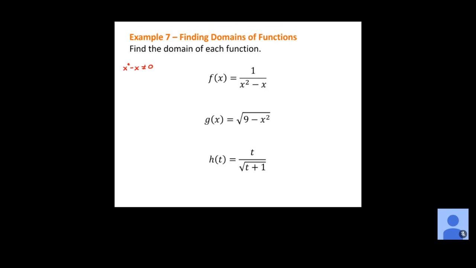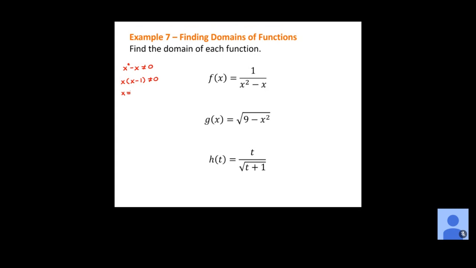Okay, so if we move the x, then you'd have x squared is not equal to x, but we really wouldn't be able to do much else. Okay, so Alexander's got it. We're actually going to try to factor this now. We have a common factor of x. We'll have x times (x minus 1) can't be equal to 0. Now, once you've factored it, then we can do what? Good. Set each one of those factors not equal to 0.